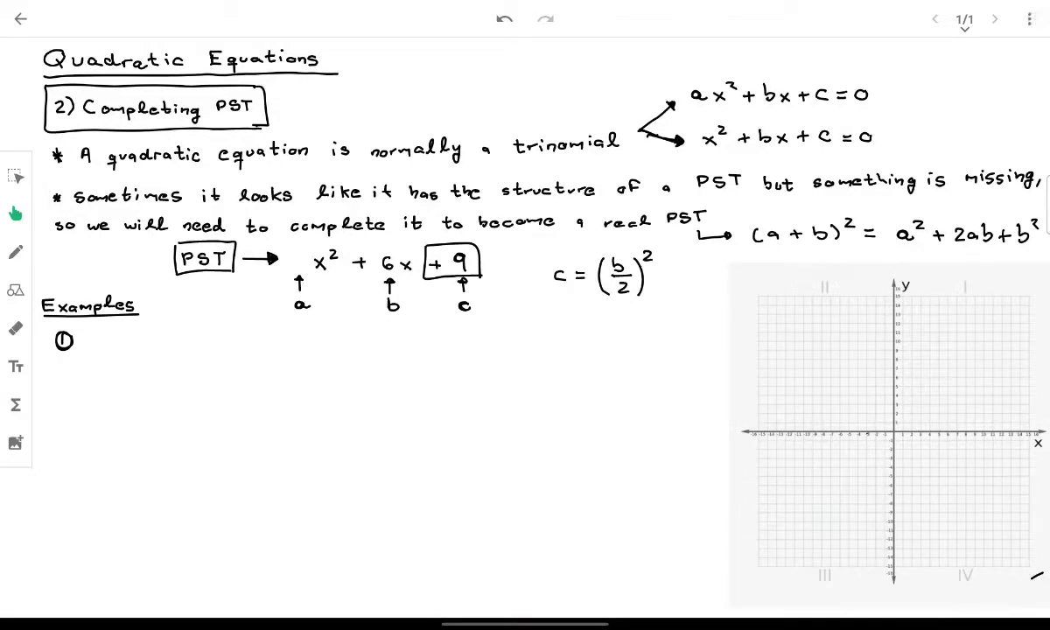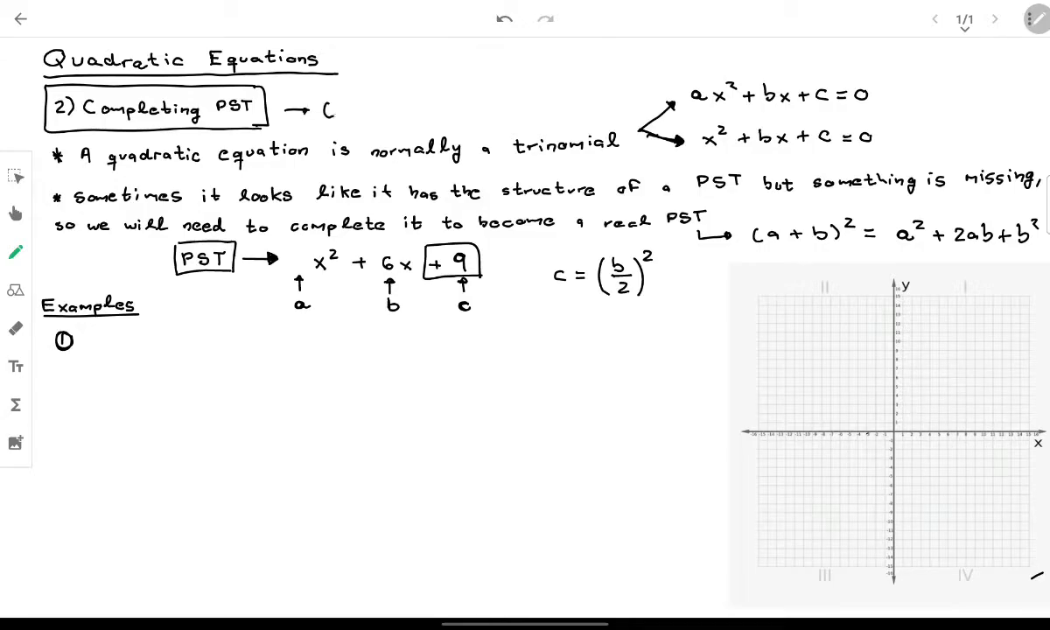So today we will continue seeing quadratic equations. We will see the second method for solving quadratic equations, which is completing the perfect square trinomial. Of course, if we are completing a perfect square trinomial, we know that a perfect square trinomial comes from having